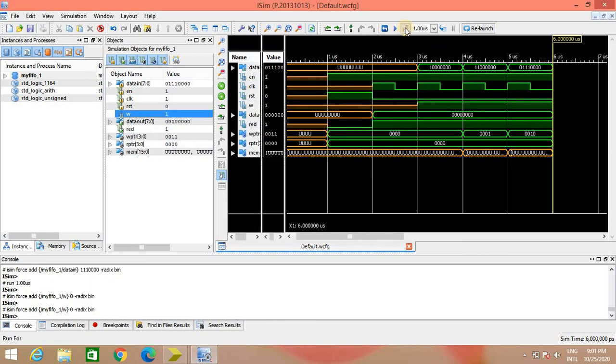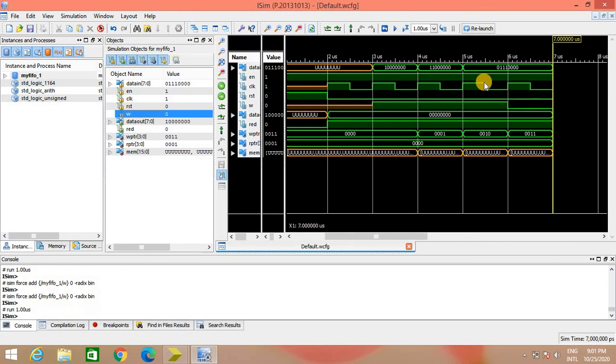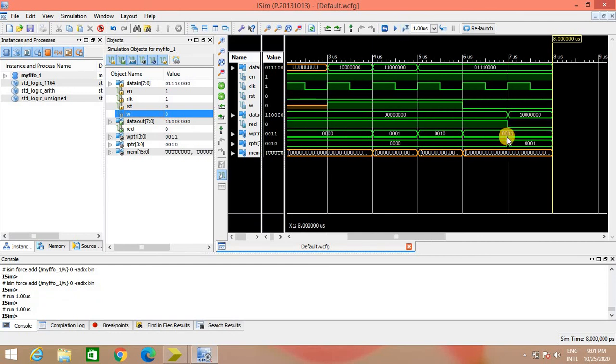And now run. Now when you run this, you can see at the output the first byte that you have written on the first location is retrieved on the output bus. Why is it so?